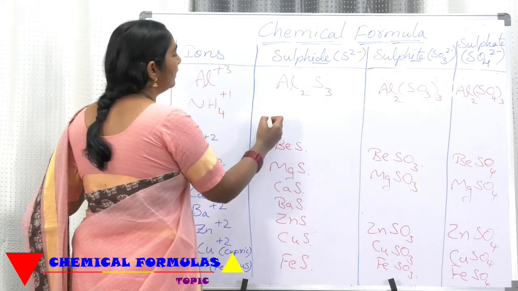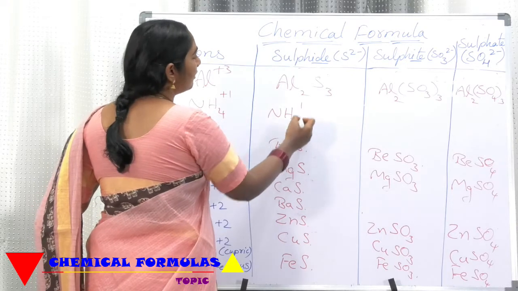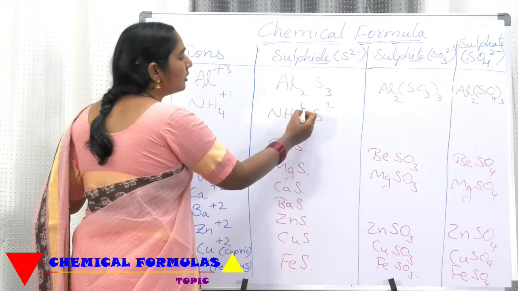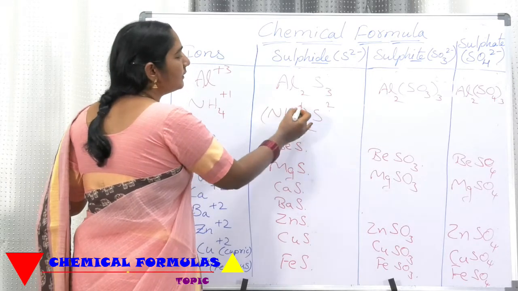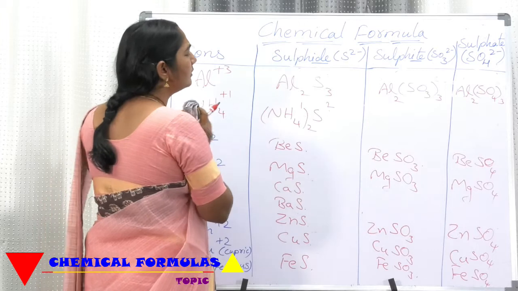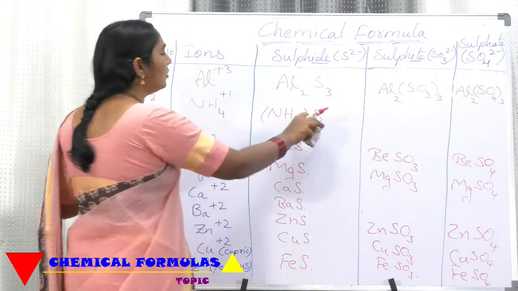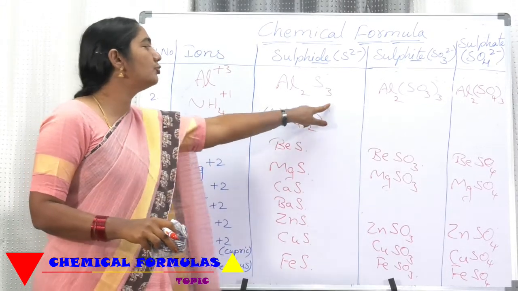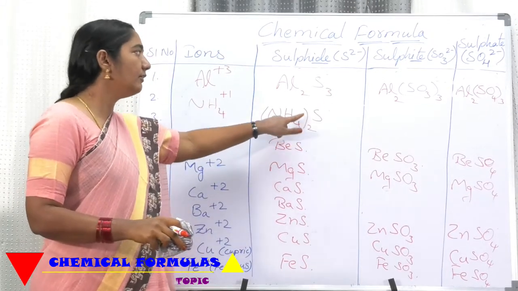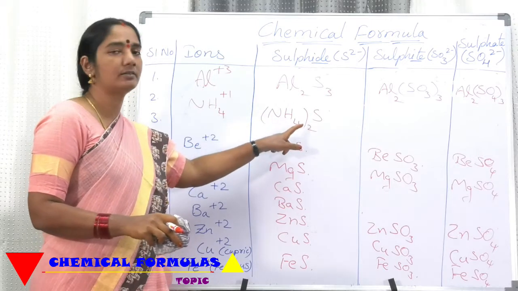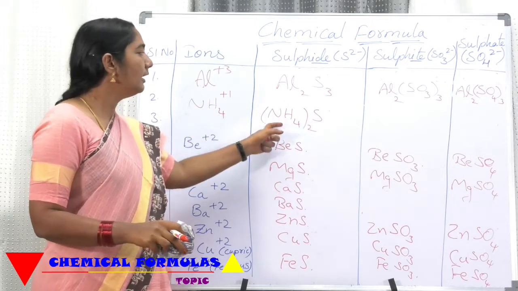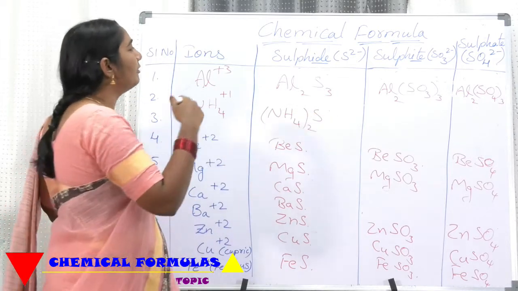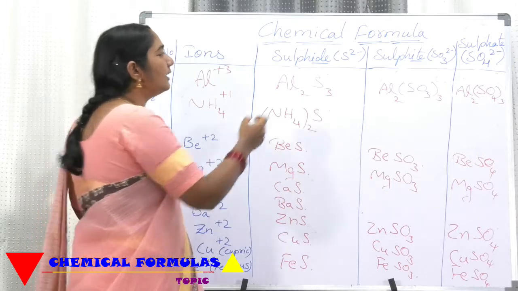Ammonium sulfide. NH4, this is 1, S2. My dear friends, now this 2 have to come here. So now you have to put a bracket to this. This one goes here. Okay, no need to worry. Now see. Now what we are writing? Ammonium sulfide. This 2 came here. When it is a compound radical, you have to put a bracket. Ammonium sulfide, NH4 taken twice. Yes, you have to read that. Ammonium sulfide.